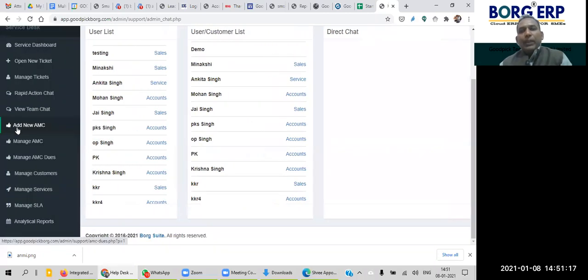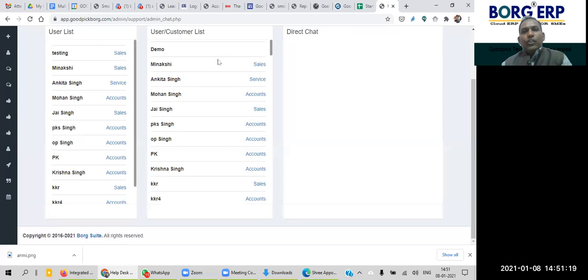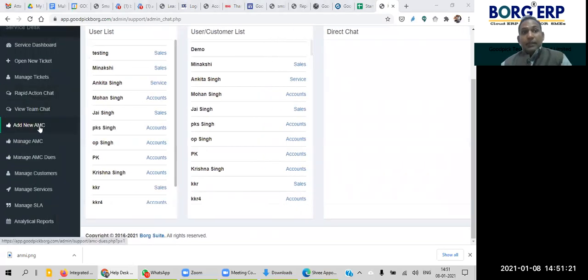So you don't need to pay per visit. This kind of contract is a maintenance contract. Some companies also use it for software AMCs, or for different kinds of contractual services. Now I'll go to Add New AMC.